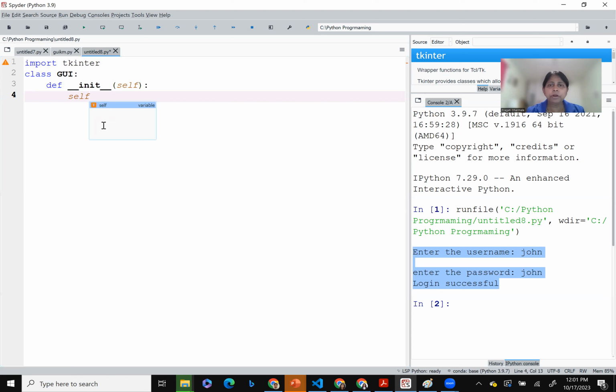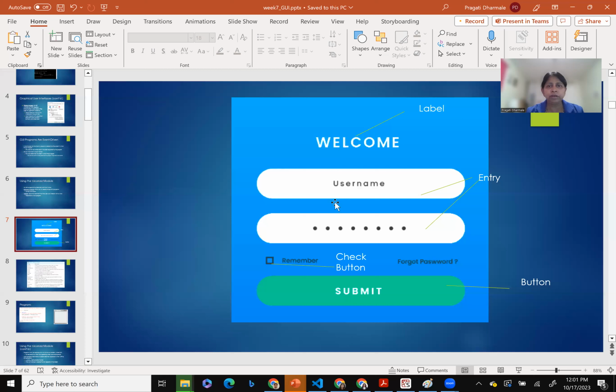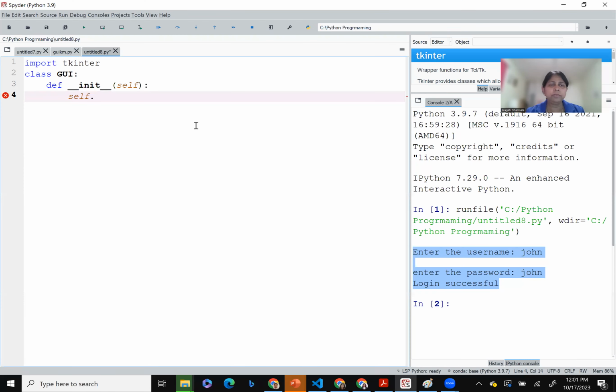I want to first create a main window and put everything inside that main window. For example, in this example, what you see in blue is my main window, and I have placed all the widgets inside that main window. That is what we're going to follow here. So I'm going to create a main window and name it the main window variable. The way you create the main window is you create an object of this library, so tkinter